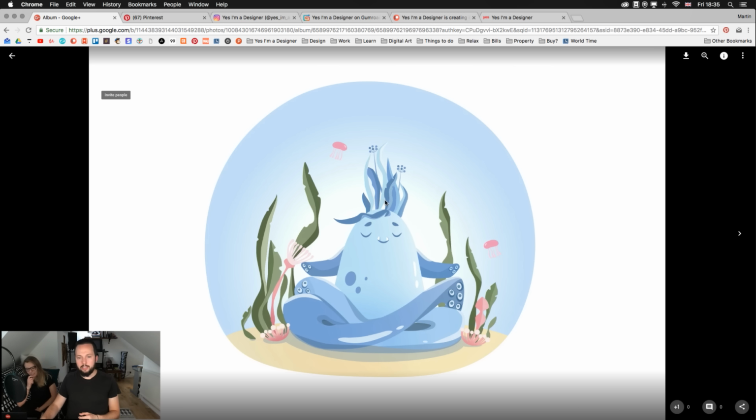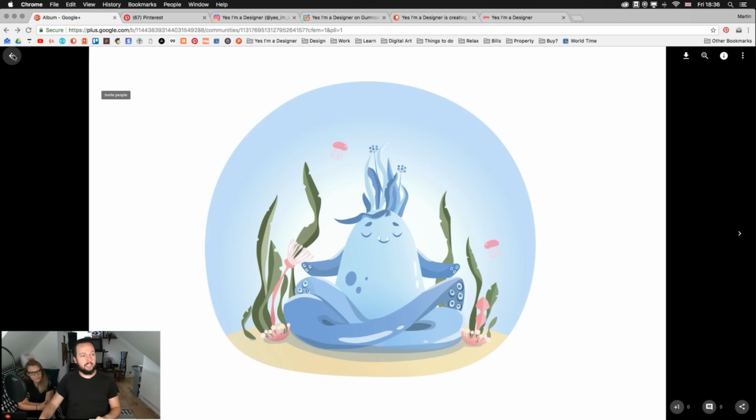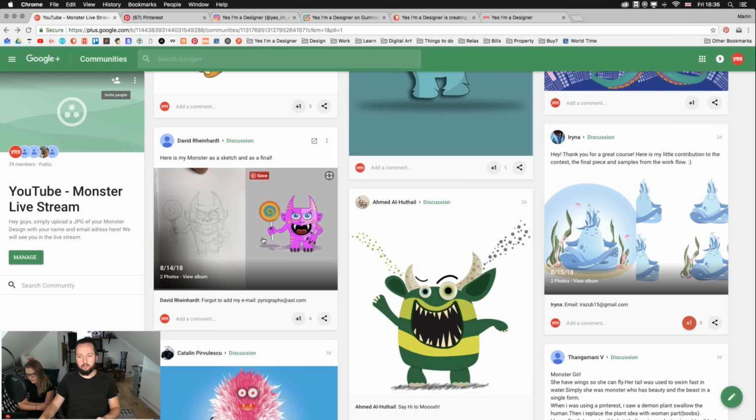I love the way these coral or plant details are on the monster's head, and it forms the hair, and it even has that detail, the fringe, which makes it look even more like hair. So there are so many subtle little details here that work really well. Plus the expression, even though it's very simple, just three lines, still gives that serenity, calm, meditating, peaceful expression. So once again, I think overall it works really well.